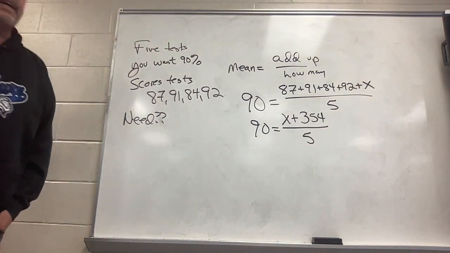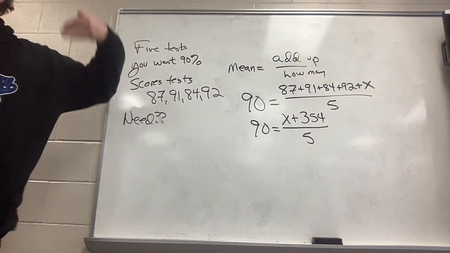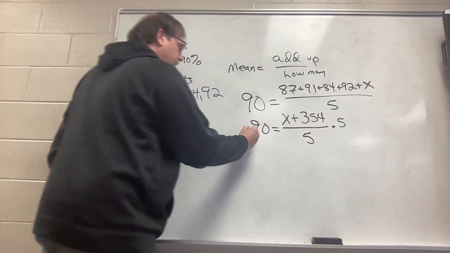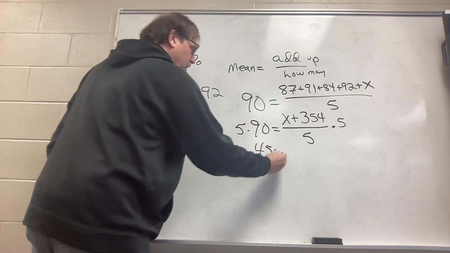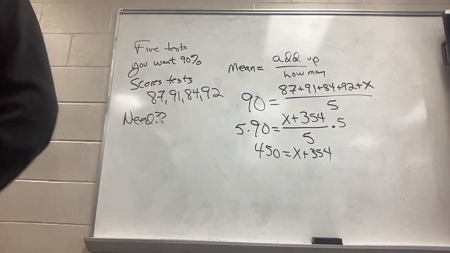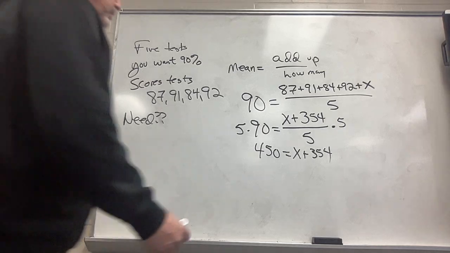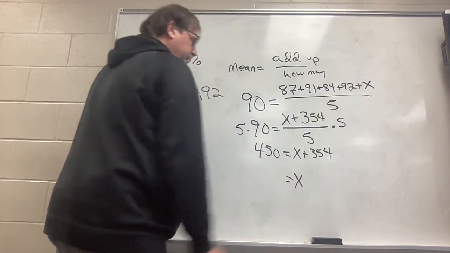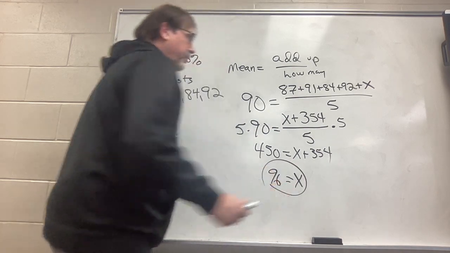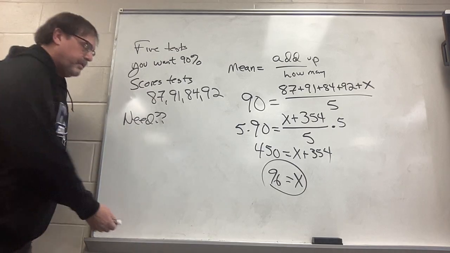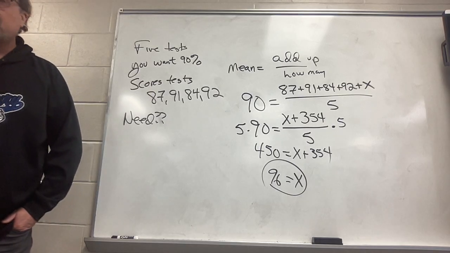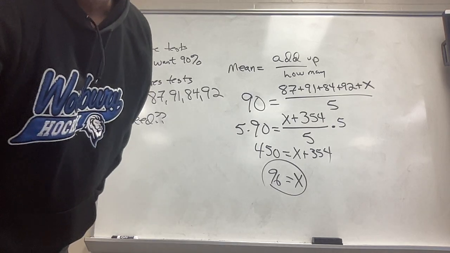This has become strictly an Algebra 1 problem. Divided by 5. The opposite of divide by 5 is times by 5. Please times both sides by 5. It's now become an Algebra 1 problem. Take away, and what is that score? You would find you need a score of 96. You would also be happier if your score was higher, 97, 98, whatever. All right, cool. So now,